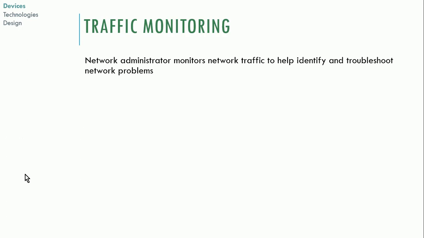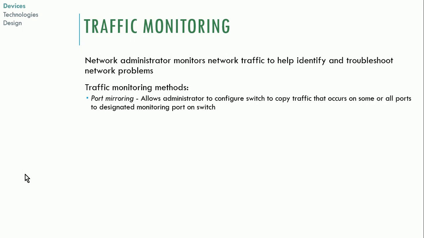So you can still monitor traffic with a switch, and there's a couple different ways to do that. One is port mirroring, which allows the administrator to configure a port to copy traffic that occurs on some or all ports to a designated monitoring port on the switch. So there's a special port on the switch. Well, it doesn't necessarily have to be a special one, but let's say you jack into port 5. You can log into the switch and designate port 5 for port mirroring, and then you can tell the switch which ports to mirror to that